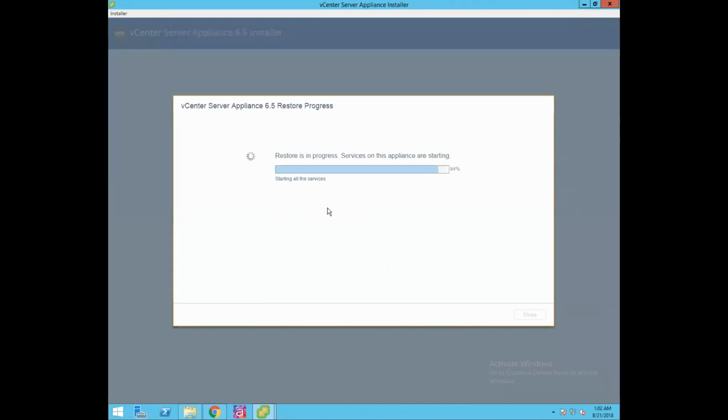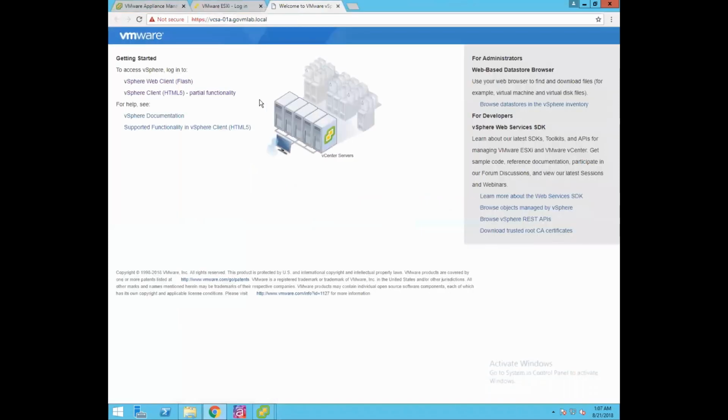Now it is starting all of the required vCenter services at this stage of the restore process. Now, as you could see, we have successfully restored this appliance, and click on this link to get started.